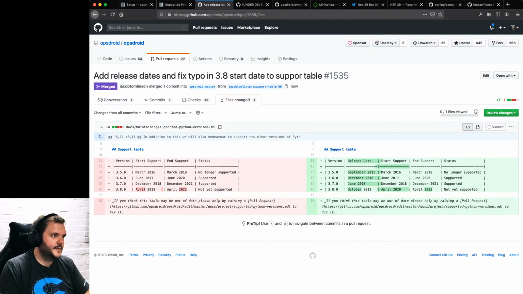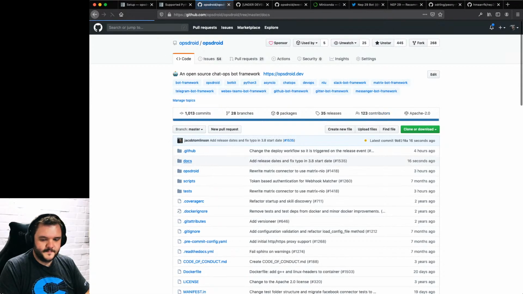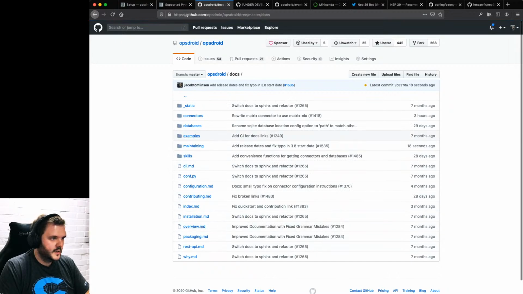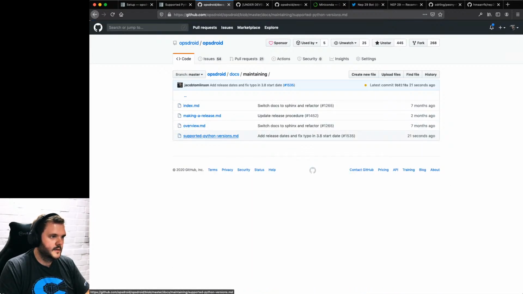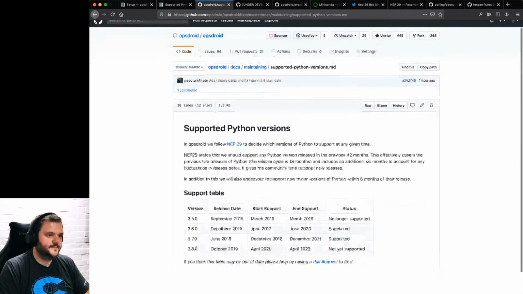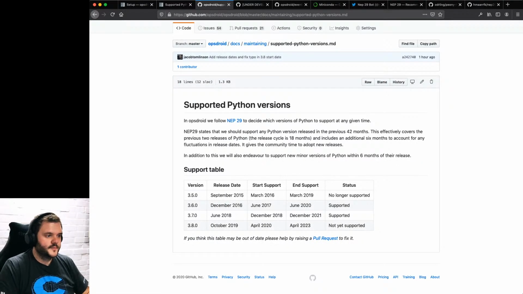Right, let's come back to my support table now. I just changed docs containing supported Python versions. Right. We do support 3.8. We just need to fix this page, but I want somebody else to fix it. Right. We have these release dates, and we could make those more specific.